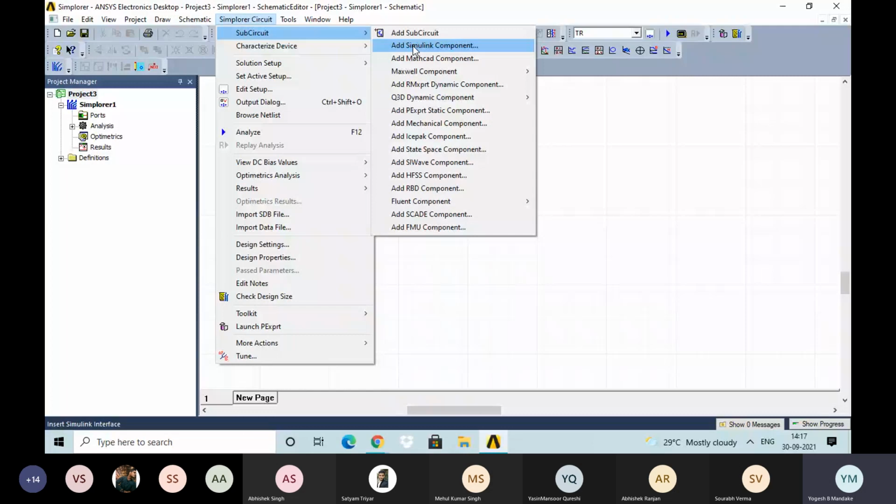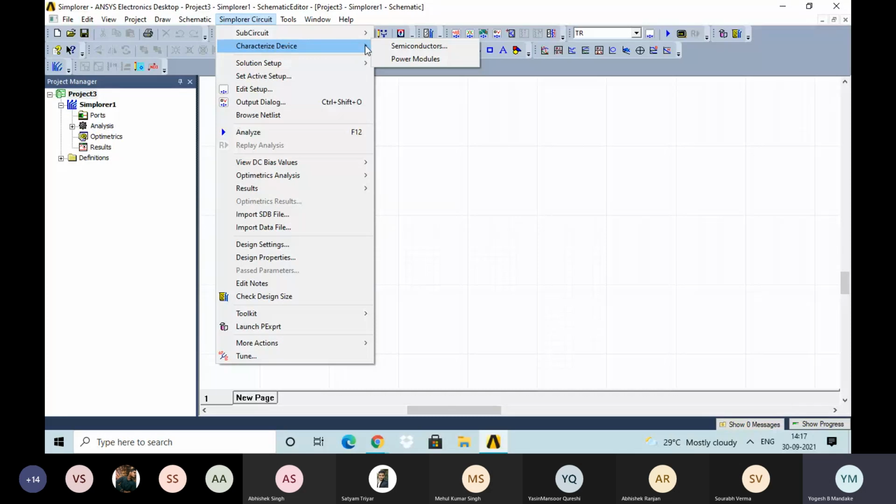So this is the Simplorer circuit part. Then you can select characterized devices like semiconductor, power module, and solution setup. In the last session also we had discussed there are different types of solutions, so you can select whether AC transient or DC transient solution setup is required. And then edit setup, output dialog, browser, then analyze, then results you can see here.